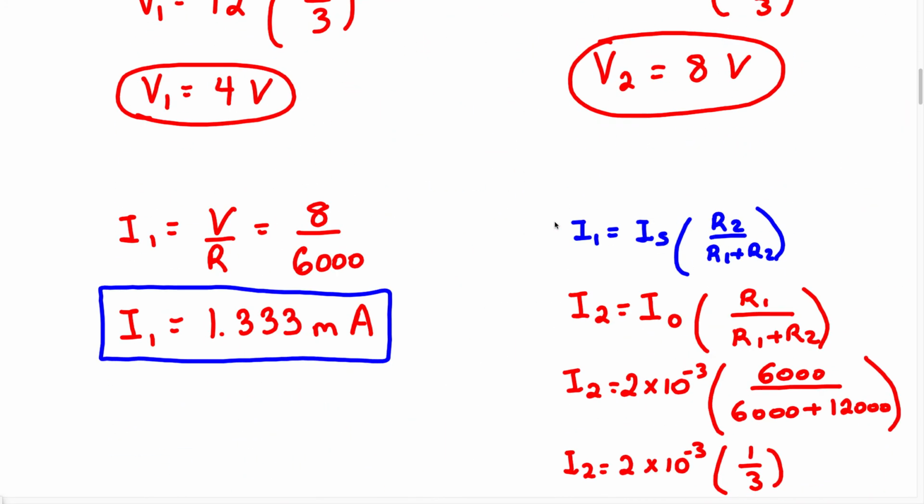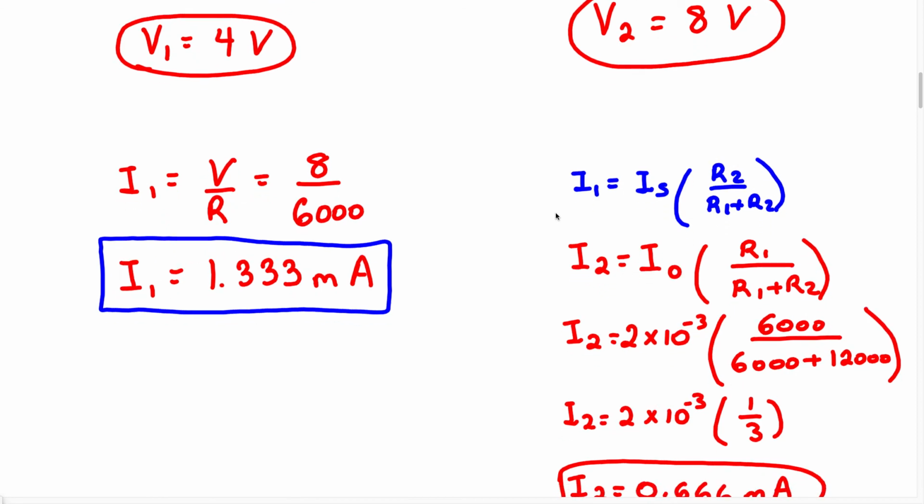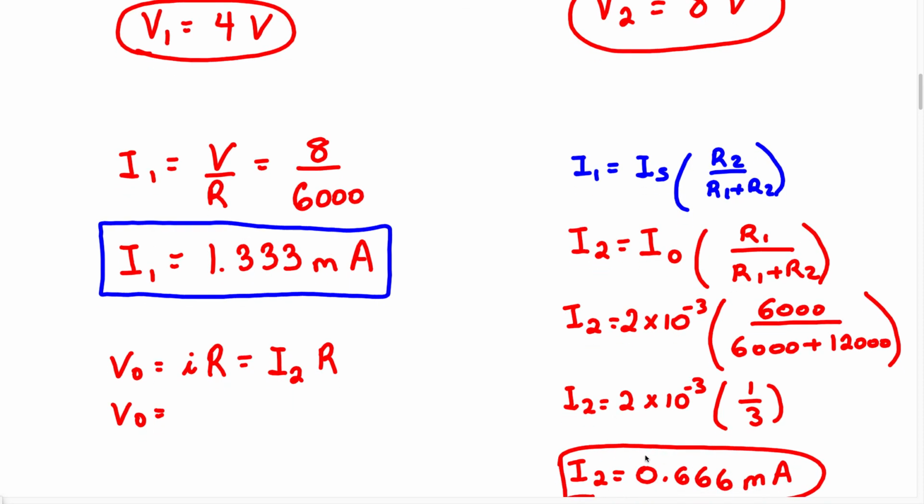So we're going to say VO equals IR. The current flowing through that is going to be I2 times the resistance. We know I2 is going to be 0.66 milliamps,